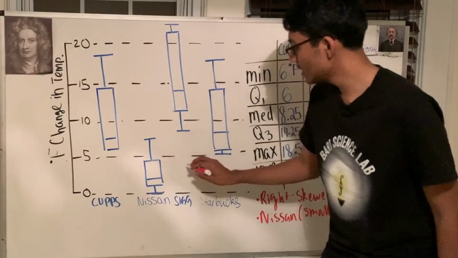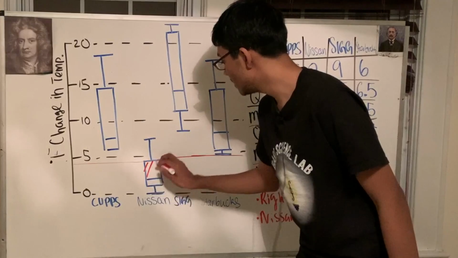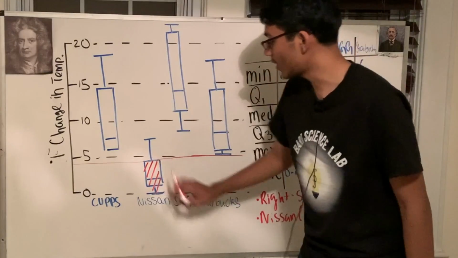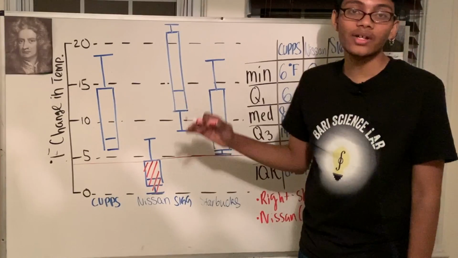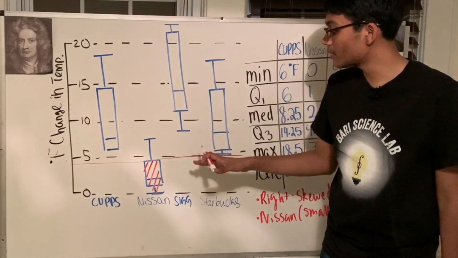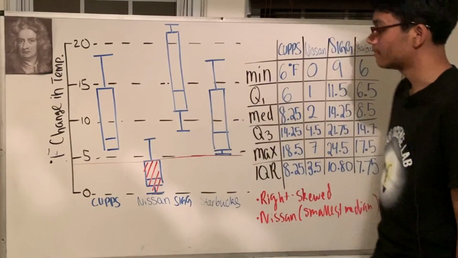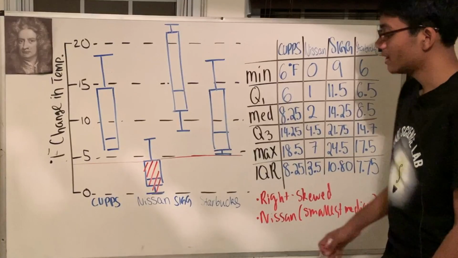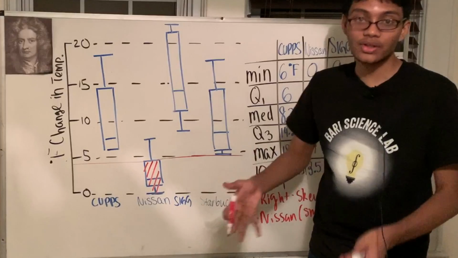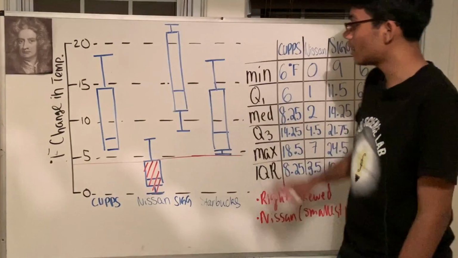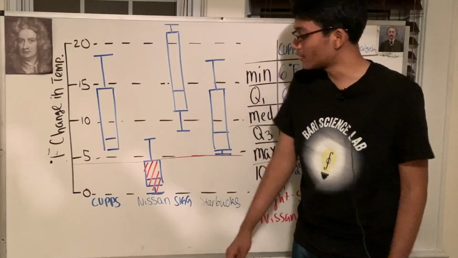Okay, you can see that this is 75% of Nissan's data, right? This is 75%. That means 75% of Nissan's cup holders preserve the temperature better than any one of these other cup filters. So that means 75% of Nissan cup filters perform better, they preserve temperature better than any one of these other alternatives. Okay, so that means Nissan is one of the best in the market, but it's also one